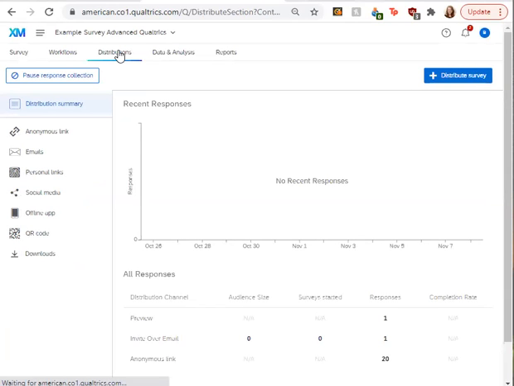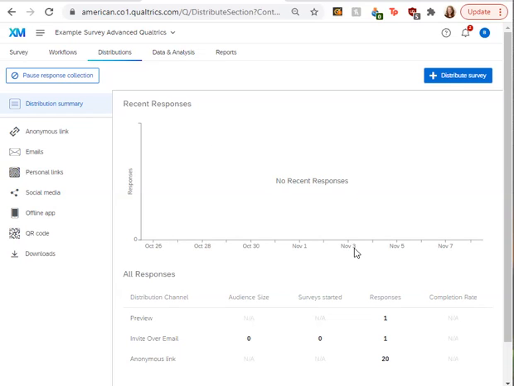And after we select that tab, you should be able to either see, depending if you've done distributions or not, a little graphic with different channels of distribution you can select, and then it'll show you different methods.